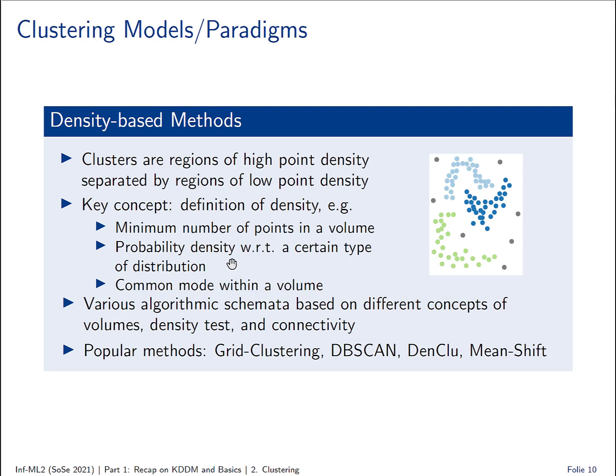And there are also, depending on these different definitions, various algorithmic schemata, which use different concepts of volumes, density tests, also connectivity of volumes that are dense. So maybe you have some dense volume here, and this is connected to another dense volume here. So you somehow collect a chain of dense volumes, so to say, which are connected to each other. So that is, for example, in DBSCAN, but other popular methods are grid-based clustering methods, DENCLU, which is basically